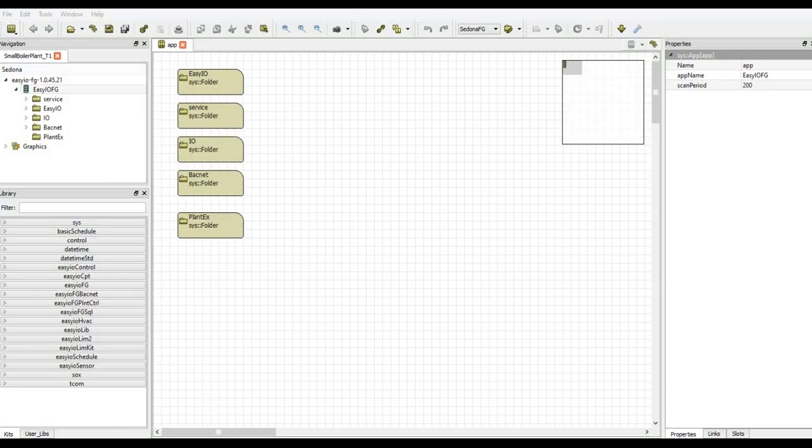Hi, welcome to a demonstration of the new EasyIO plant control kit. Currently it supports staging up to 10 stages, or up to 10 stages have been tested at this stage, and sequencing of up to 10 pieces of equipment with fault rollover. We'll just do a quick demonstration of how to get started